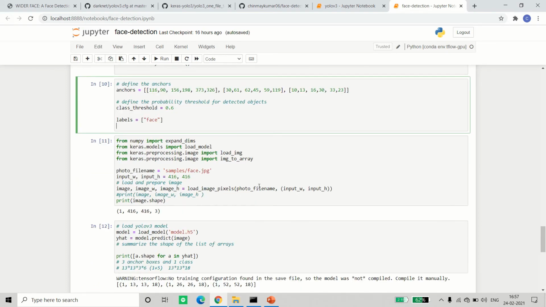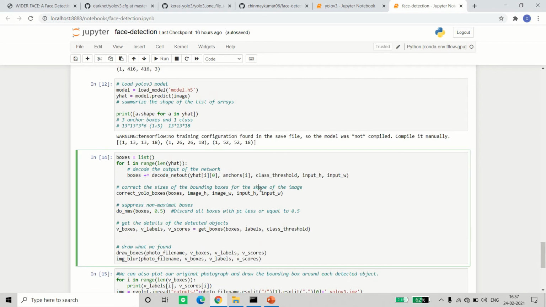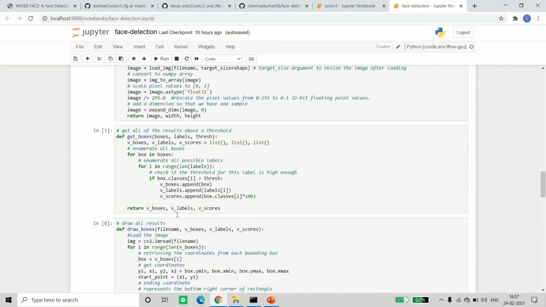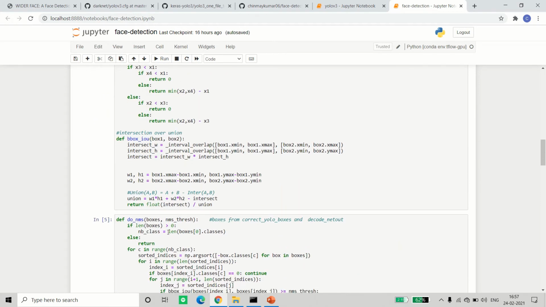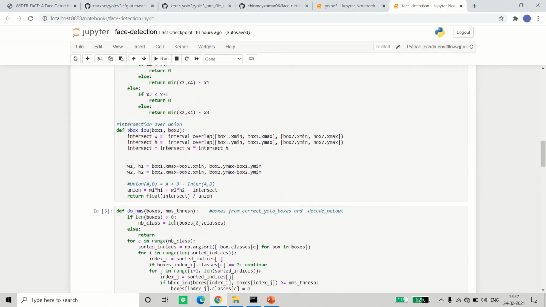Okay, and after that I told you that we need one final anchor box. So for that we do a non-max suppression with the threshold of 0.05. Let's see how it is done. NMS is non-maximal suppression. So what we do in NMS, if boxes are found, first we arrange the boxes according to their class scores.